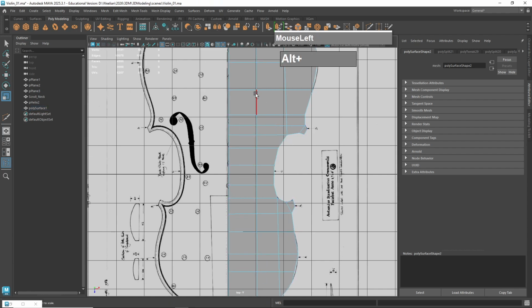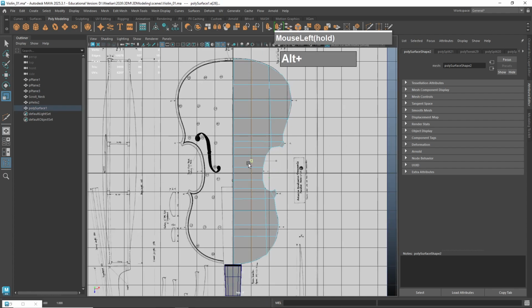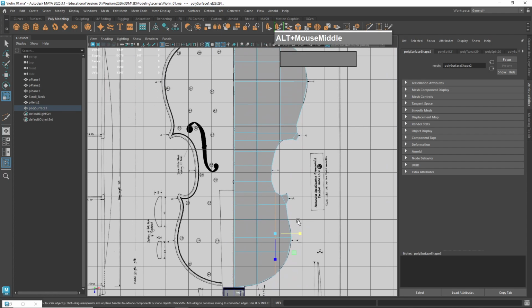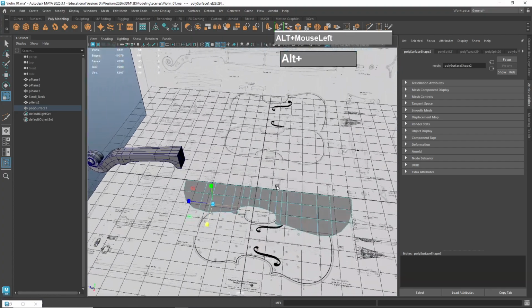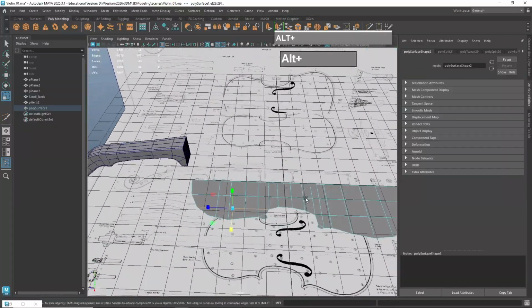Okay, next we can double click to select this entire edge and then straighten this. Double click, and then straighten this. Okay, good. So now we have a completely flat section here